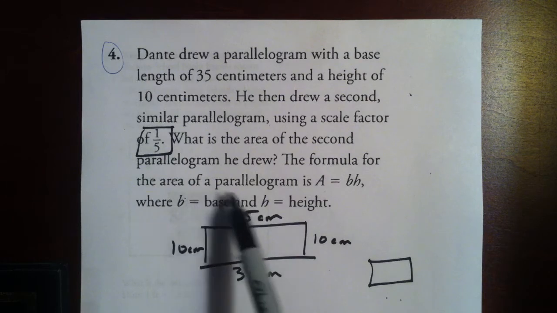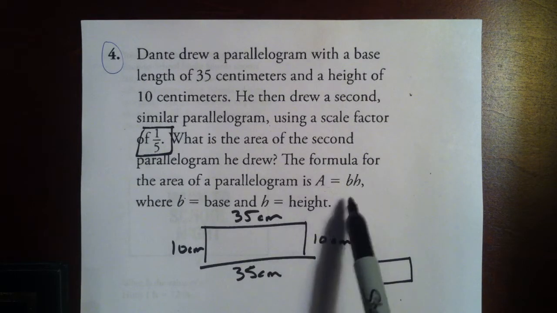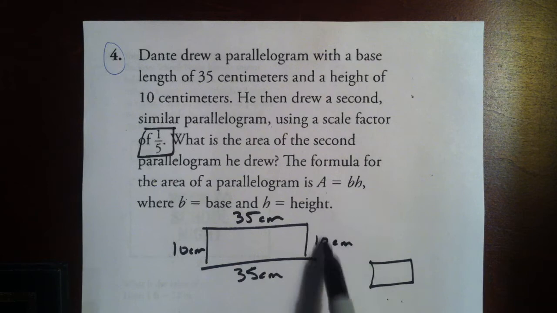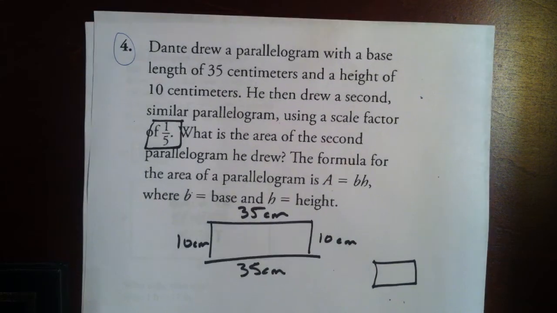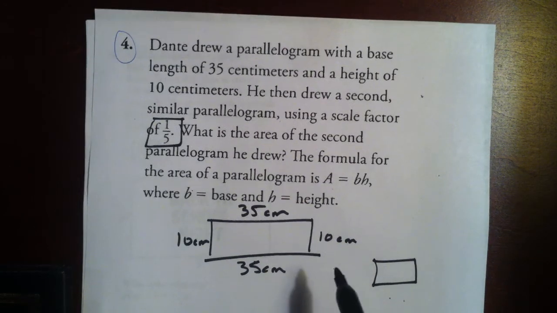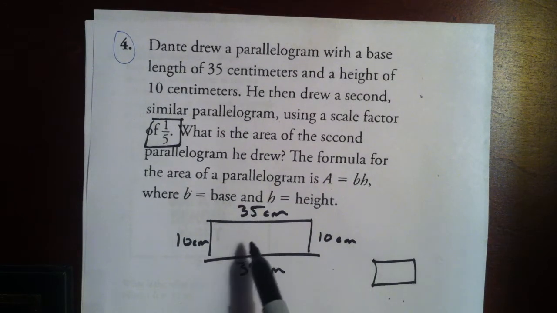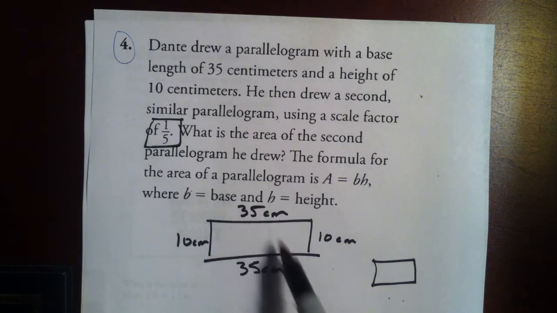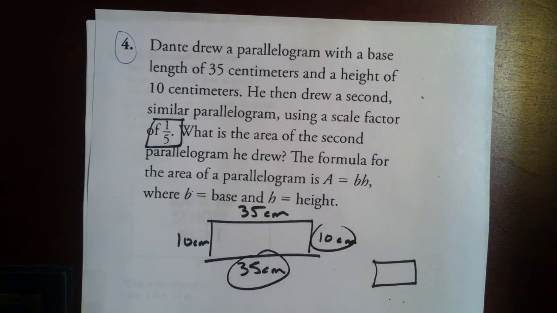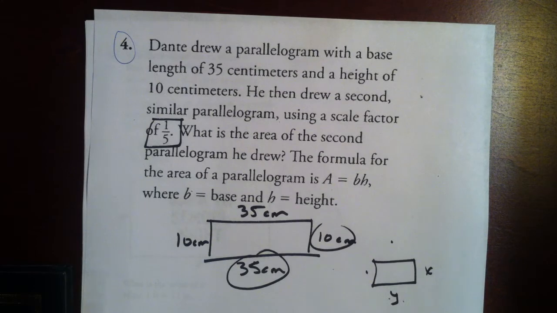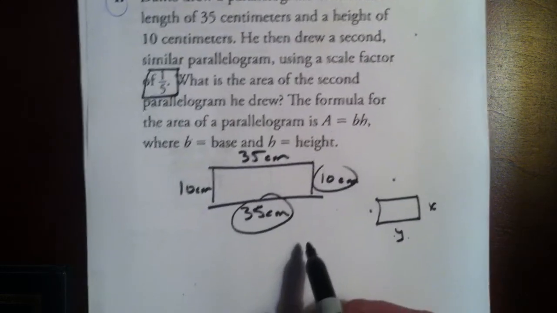The formula for area of a parallelogram is area equals base times height, where B is the base and H is the height. So what we need to do for this other one over here is say that it's going to be basically 1/5 the size of this one. So we need to multiply these sides by 1/5. We only really have to do 2 of them, this one and this one right here, because you can find this one, and then you'll find automatically that one and that one there. So we just need to multiply 35